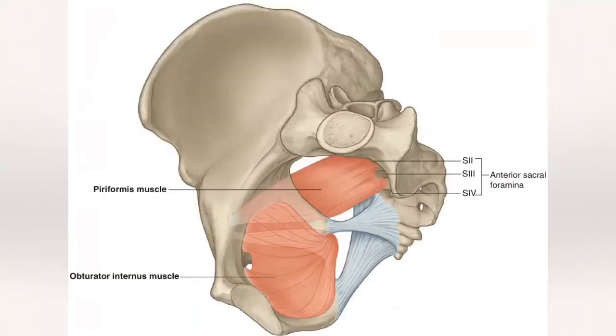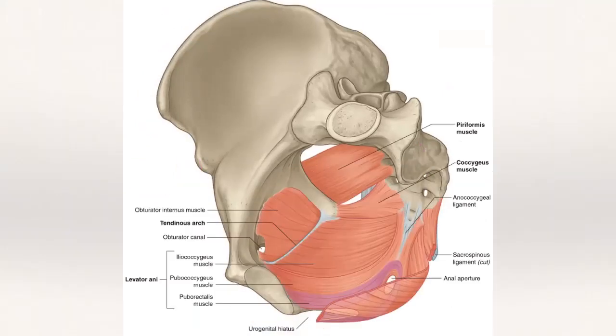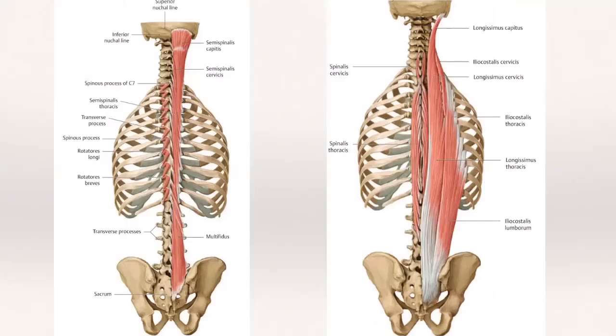This is the piriformis muscle. This is the sacrum, right? Observe that piriformis, and this is coccygeus, also called the coccygeus muscle, right? See, this is the multifidus muscle attached to the sacrum, right? And this is